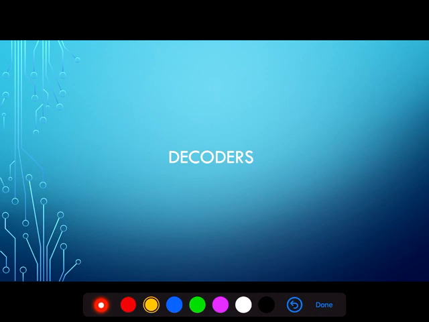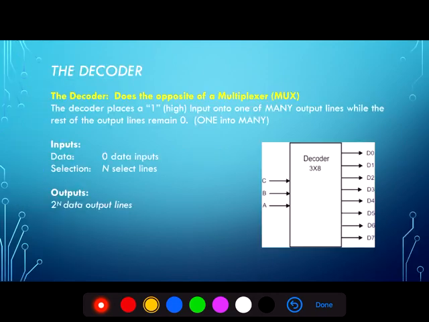Welcome to our session on decoders, another form of combinational logic that's useful in a variety of digital logic circuits. A decoder does the opposite of a multiplexer. The decoder places a 1, or a high, onto one of many output lines, and those output lines are dictated by the input, which acts in a similar way to the address lines into a multiplexer. So in this example of a 3x8 decoder, the three inputs basically select which of the 8 possible outputs will